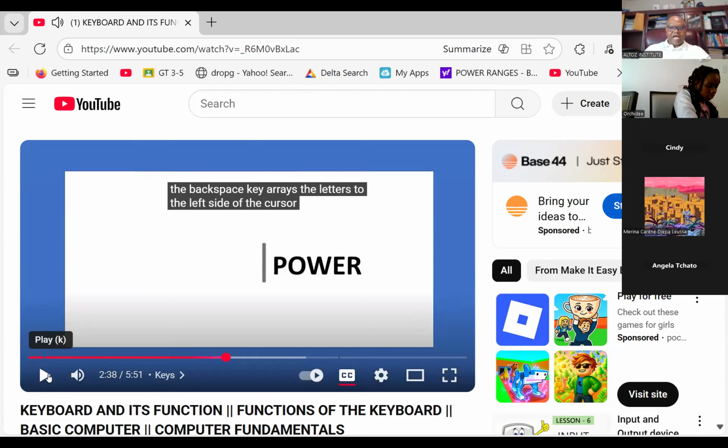So now look at your keyboard. Identify the shift key. Do you see it? Thumbs up. Okay. Ange. Marina. Unmute. Yes. Okay. Identify